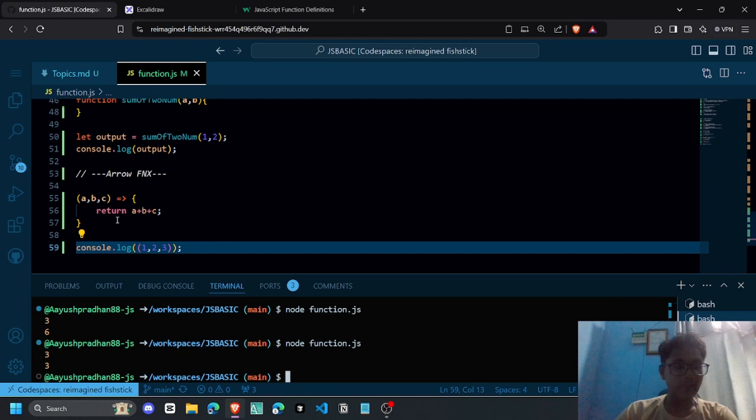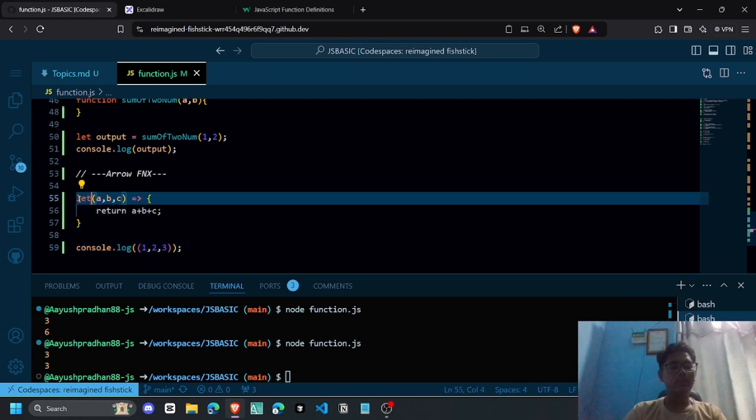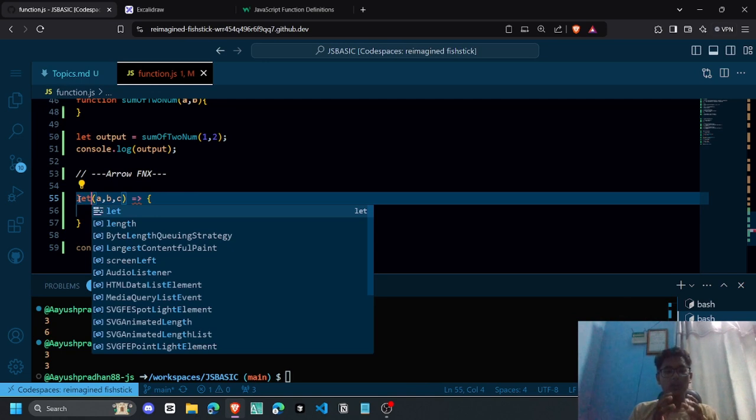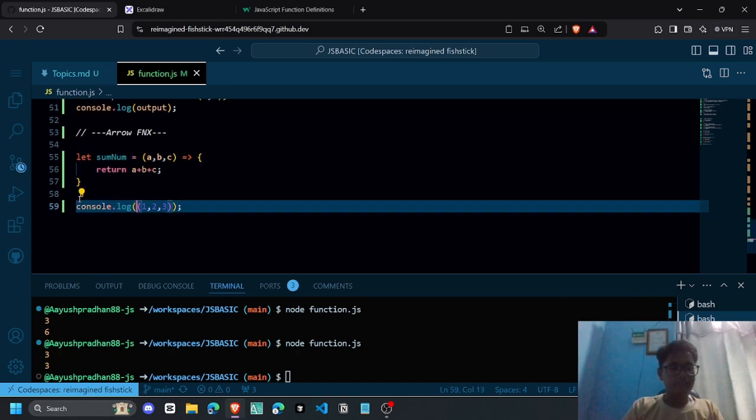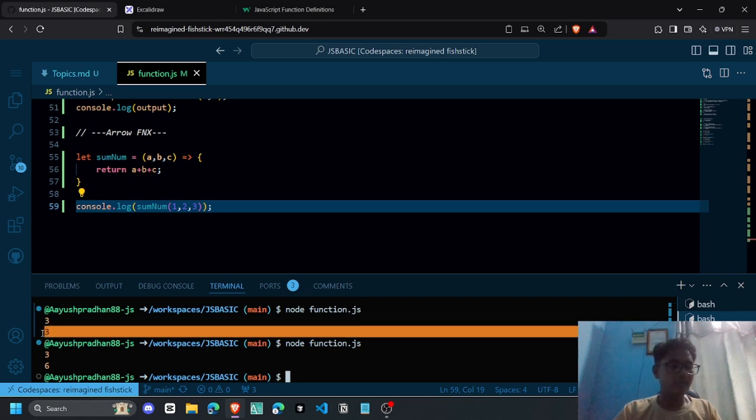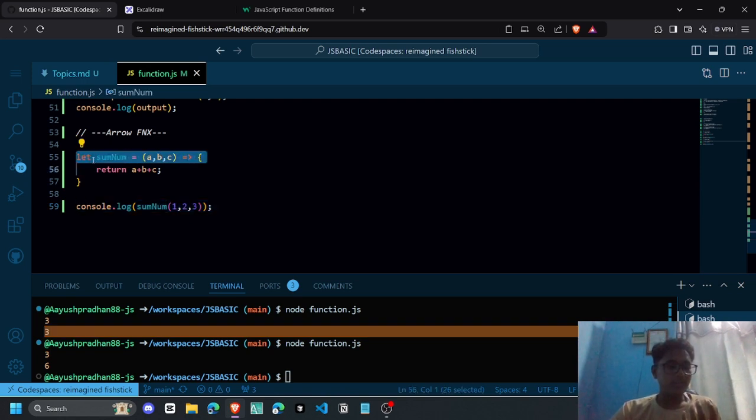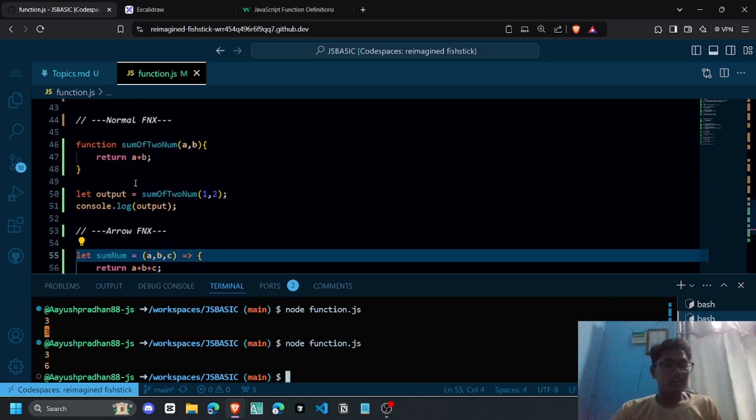But if I write let here, in an arrow function we have to write a variable. We have to put an arrow function in a variable name. It's something like sum num equals to, and let's say sum, we have to write this type of sum num. Then we get the right answer. Otherwise we will get an error. Look at this. If we haven't put the arrow function in a particular variable name, then we get 3. Because look at it,